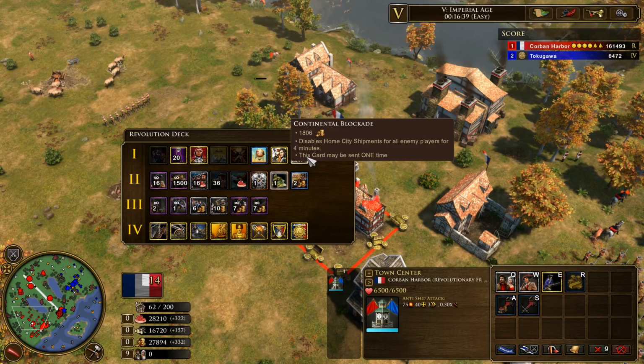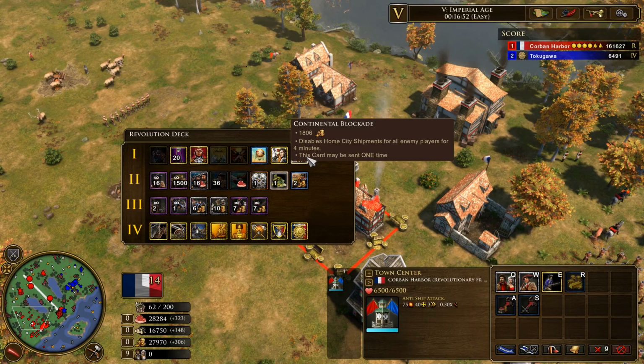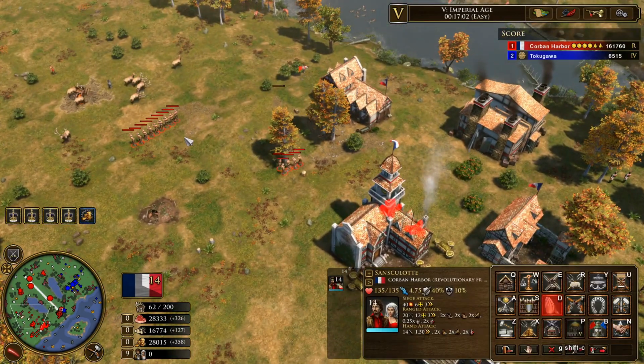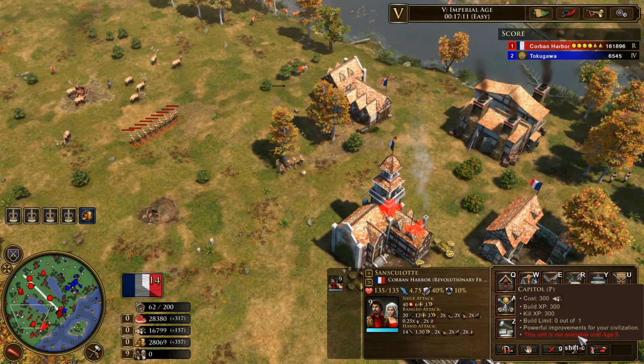This one right here is pretty insane though. It's Continental Blockade, it costs 1,806 coin, and disables home city shipments for all enemy players for 4 minutes. Now this is literally just a temporary and cheap blockade. The 1806 coin cost is also stationary, and this is an insane ability. Now, granted, even after doing this revolt, we're not able to create the capital, so you are missing out on your